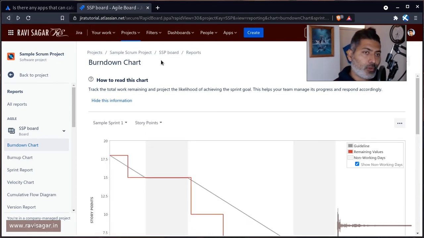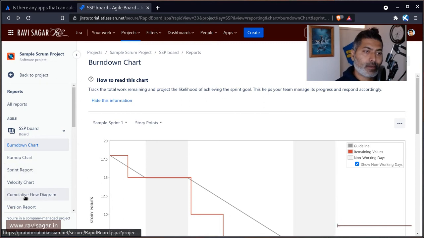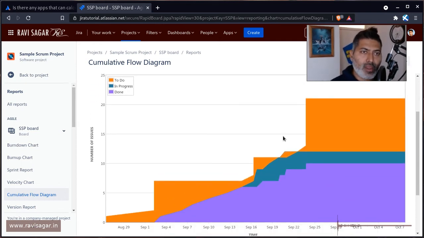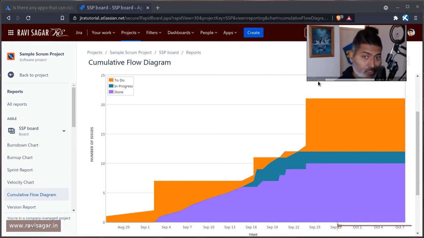At the same time, you can also take a look at the cumulative flow diagram, which is really interesting. This chart will tell you about the bottlenecks. If the issues are in a specific status for a long time, it means something is not good. Maybe people are waiting for something, maybe things are blocked. When you're looking at this diagram, you should see this blue color rising up, which is not the case right now,